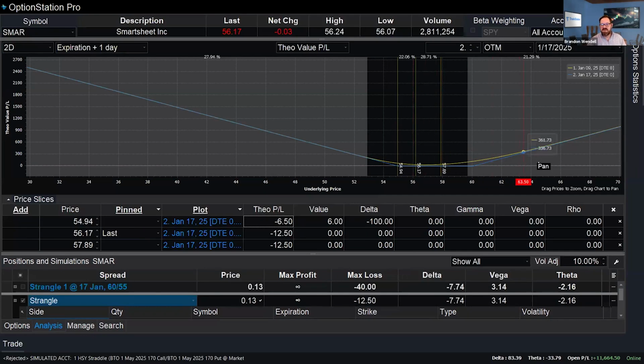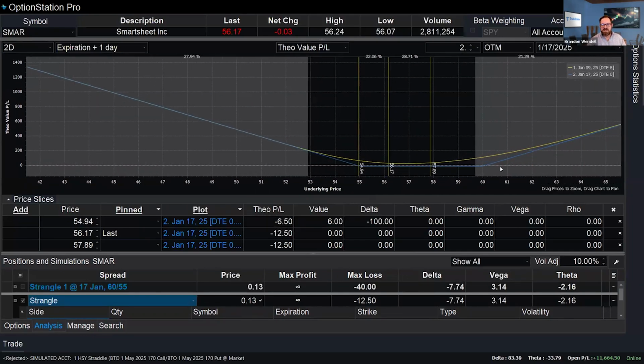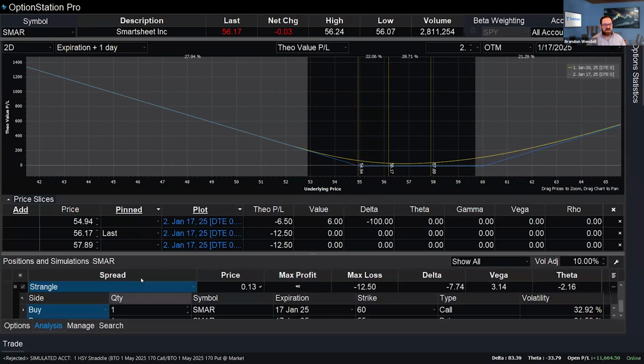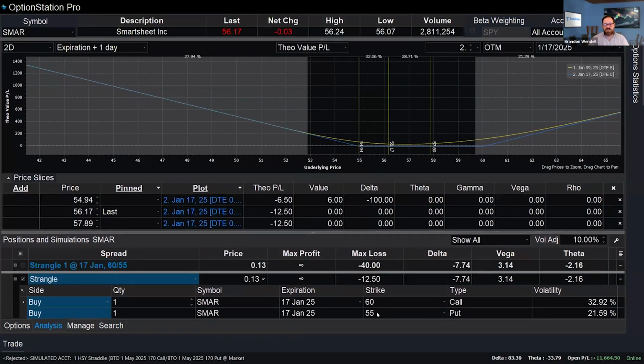And with this one, you can see, or maybe you can if I zoom in more, you might see it better. I used two different strikes. Went long on the 60 call, 55 put. So what happens is our break-even points are going to be widened out. It'll cost less, so therefore the maximum loss is less. And of course, with time value, there's still time left, typically when I do these.